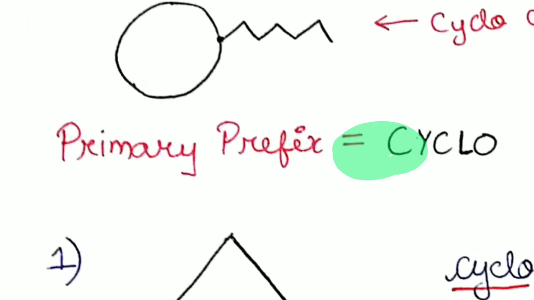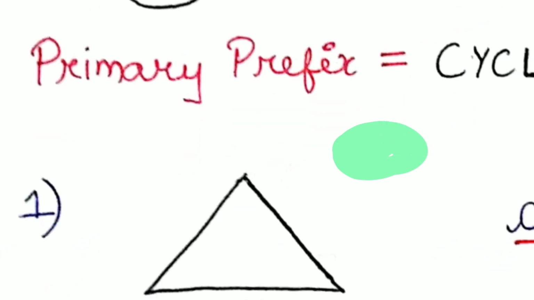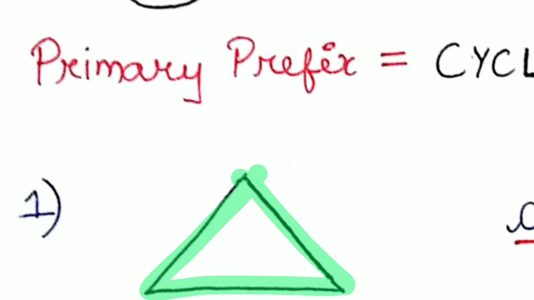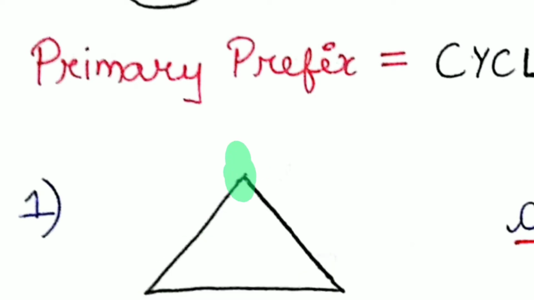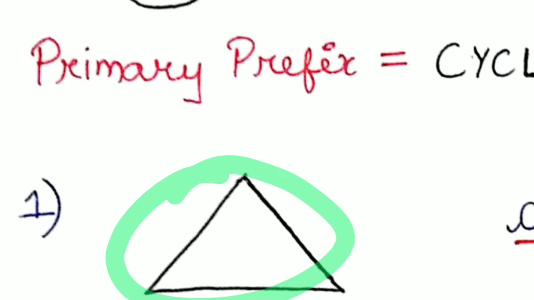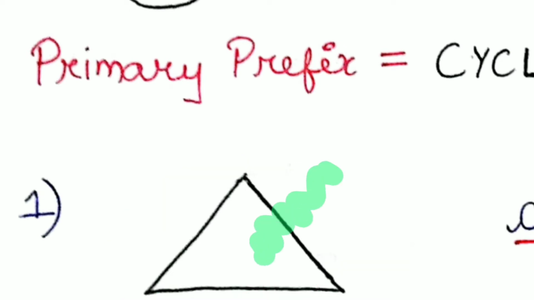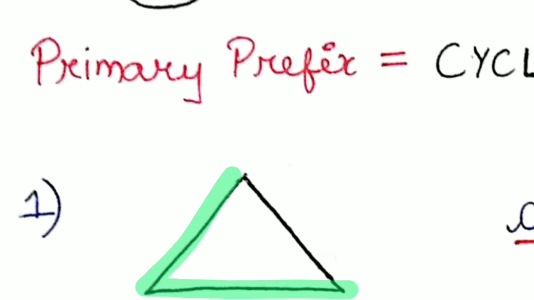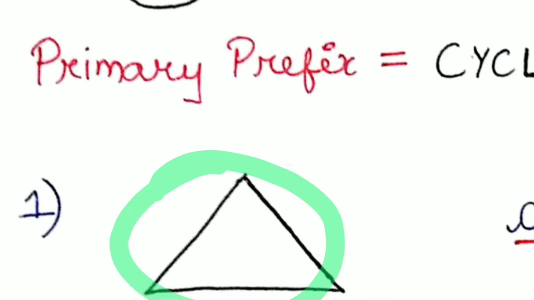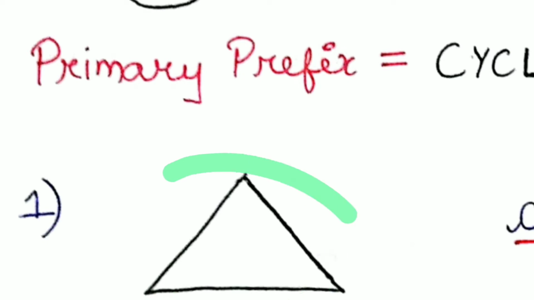And now let's learn how we'll name this very structure we can see here. So guys, how many carbon atoms does this structure consist of? 1, 2 and 3. So definitely it's going to have a word root prop. Also, we can see that if we break this bond between these 2 carbon atoms, we get a straight chain 3 carbon alkane, that is propane. And now that we have made it into a ring, it is a cyclocompound, a ring-like structure consisting of 3 carbon atoms.